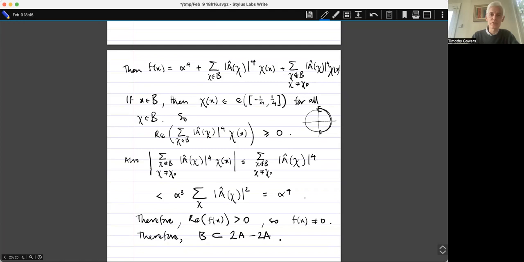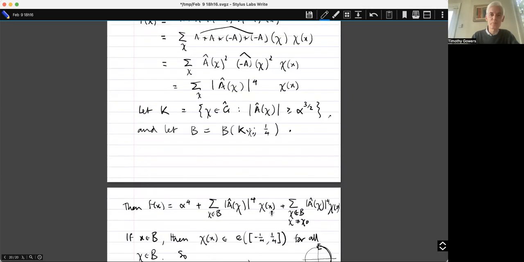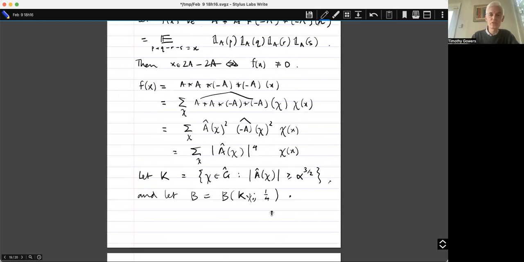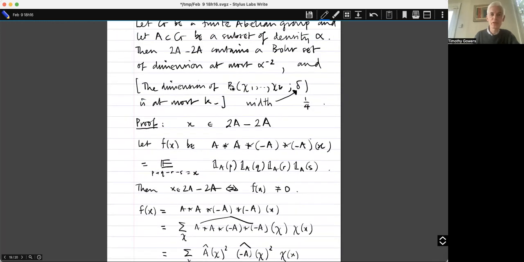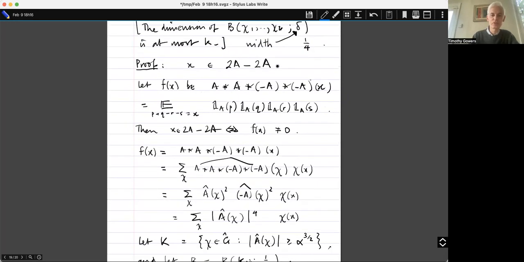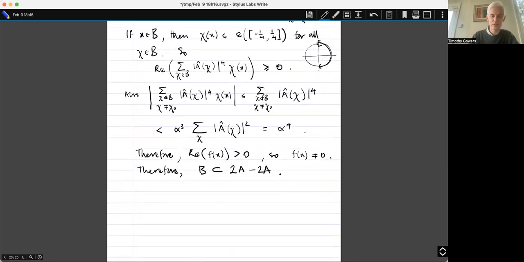Now I haven't finished the proof because there's one last detail, which is a very important detail, which is that I promised at the beginning that the dimension would be at most α to the minus 2. But that again is easy. By Parseval, α is the sum over all χ of |Â(χ)|², as we've just seen,